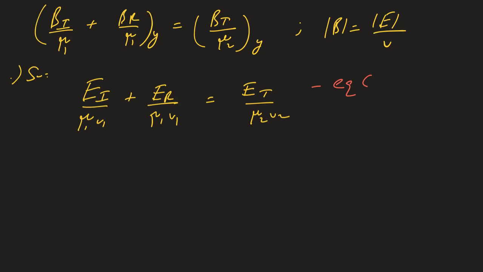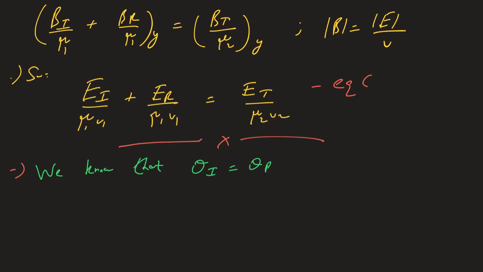Right? So equation B is on the slide before, and equation A is on the slide before that. So I'll just put a temporary break here because we have all we need, and now we just need to plug in a couple of formulas in order to get to where we want to get to. So we know that using the second law of geometrical optics, theta I is equal to theta r. So if you substitute this in